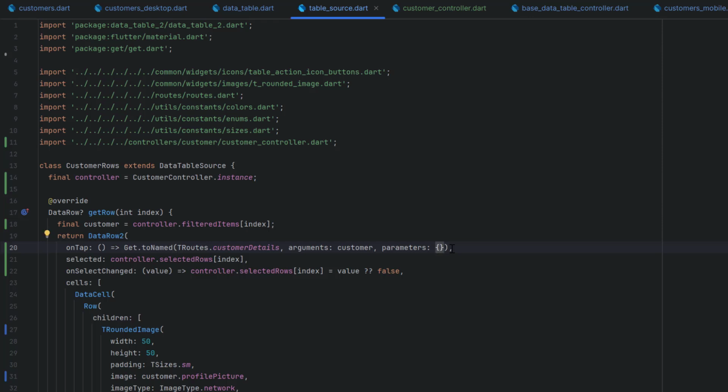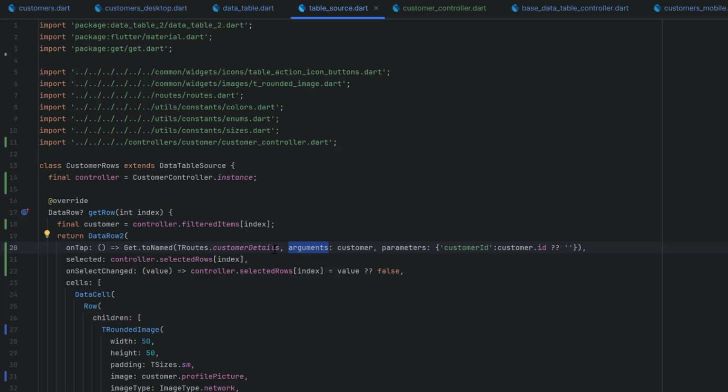But if you want to show a URL or create a URL of that specific customer, again, you need to create a parameter because parameters will go inside the URL. And for the parameter, you need a JSON of string and string. You need to define a key here, and based on that key, you need to define a string type of value. So for the key, let's say this is customer ID, and what ID you want to show. Let's use customer dot ID, and if it is going to be null, we will simply display it like this. This means that in case there is no customer passed using arguments, because the main method that we are following is this one,